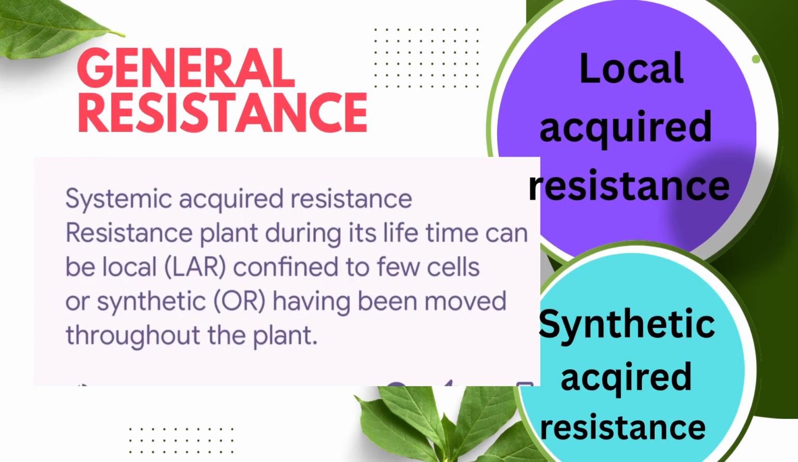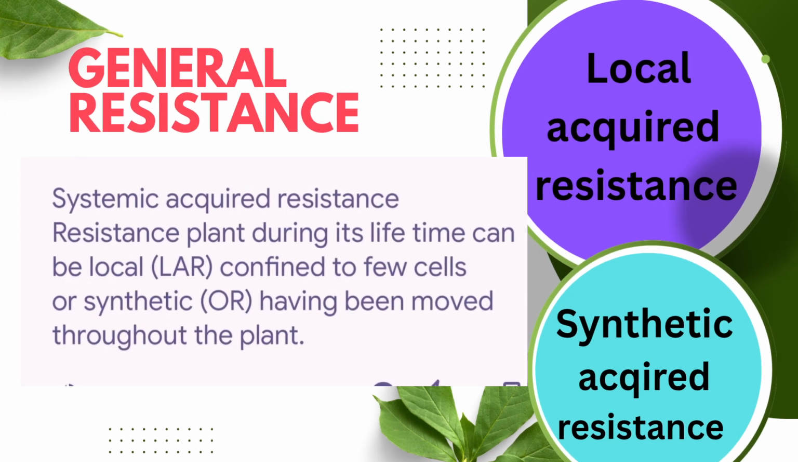Next comes general resistance, which the plant has already acquired. There are two types of general resistance. First is local acquired resistance, which means resistance at the site of pathogen attack only. Whereas systemic acquired resistance is in a broad sense, where all the defense mechanisms get activated, like hypersensitivity, and different types of proteins and toxins get released by